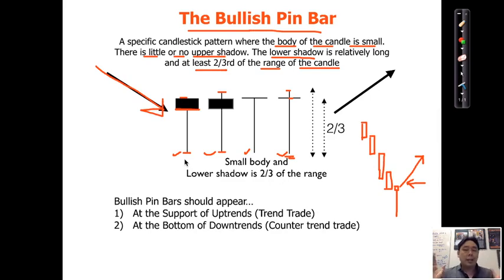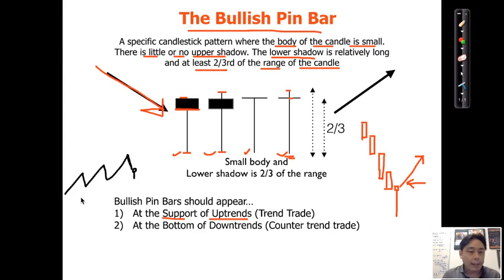Now, this ideally happens when it's at the support of an uptrend. Okay, so in other words, you want to see that the overall trend is up. For example, it's an uptrend like so, right? Up, down, up, down, up, down, right? So this is an uptrend, as you recall, higher highs and higher lows, right? Now, as the price is coming down over here, making a temporary retracement, we want to see a bullish pin bar appear over here,